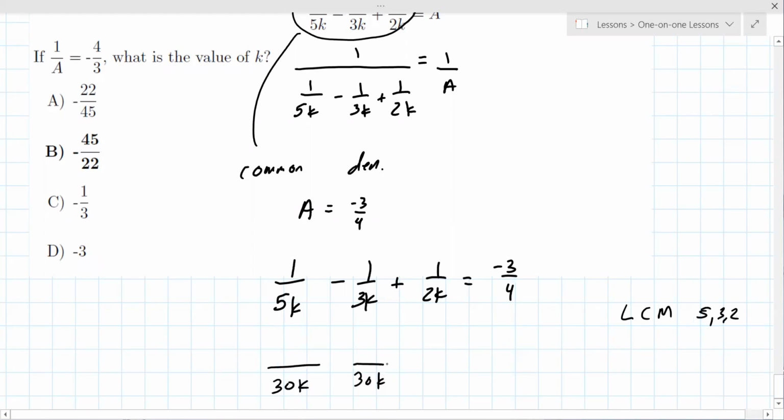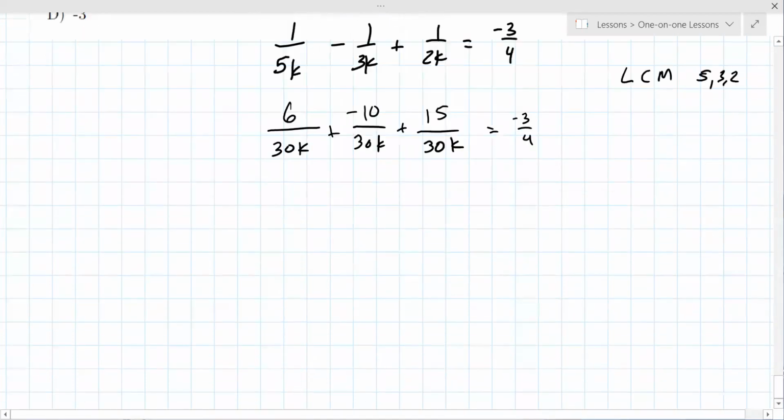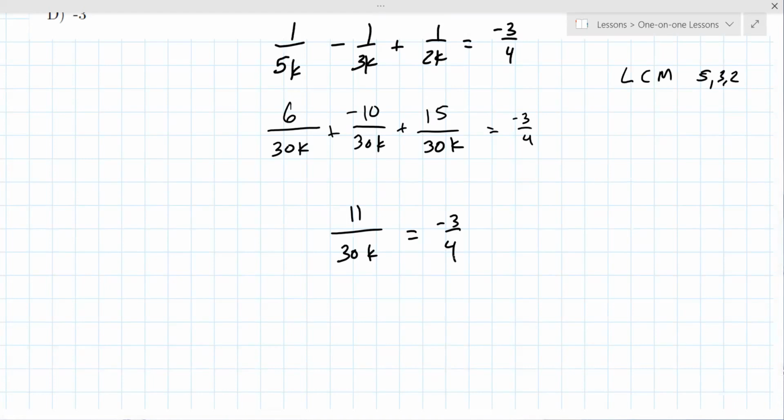30, yeah. Yeah, 30k. So that's reasonable. 5 times to get there, that's 6. This one is -10, and this is 15. All right. So this ends up giving you 11 over 30k equals -3 over 4. So now you've made really good progress on this question, but you have to be able to get a